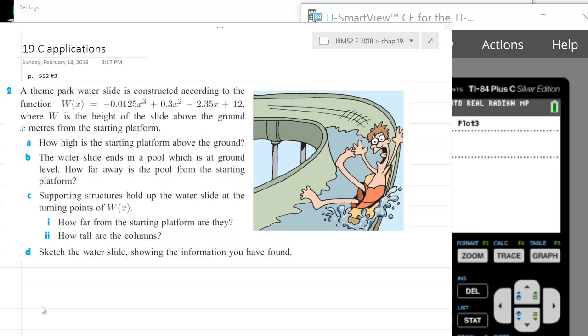A theme park water slide is constructed according to the function w of x equals blah, blah, blah, where w is the height of the slide above the ground, x meters from the starting platform. How high is the starting platform above the ground? So the first thing to think about is what this probably looks like. And what this probably looks like